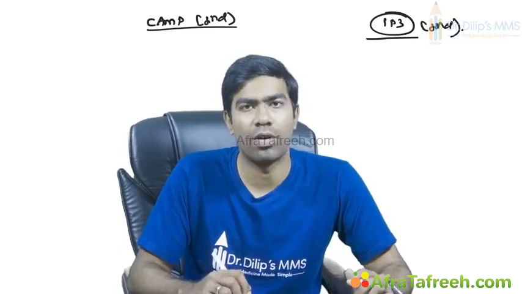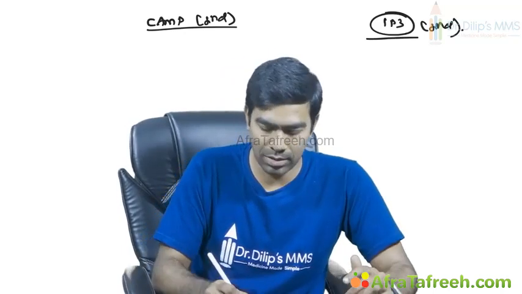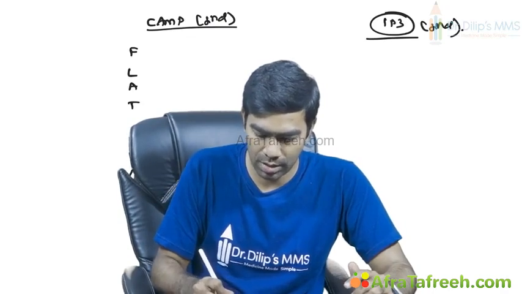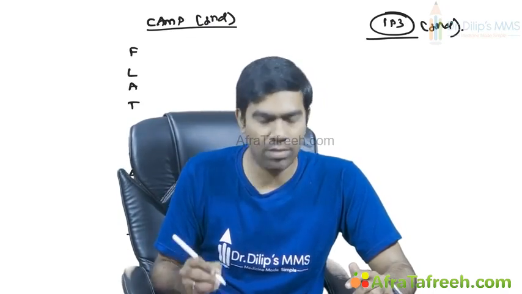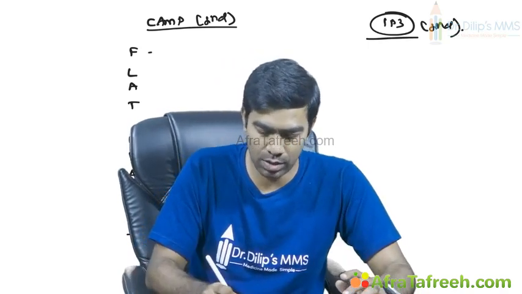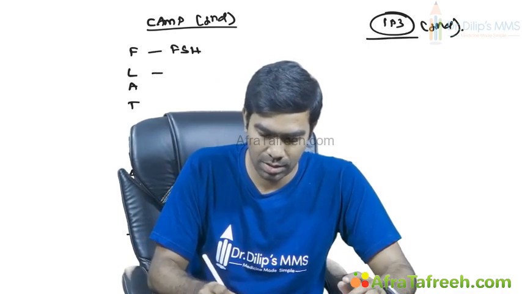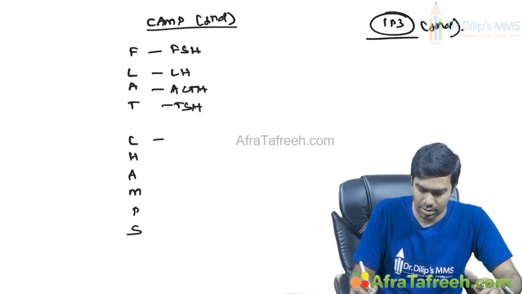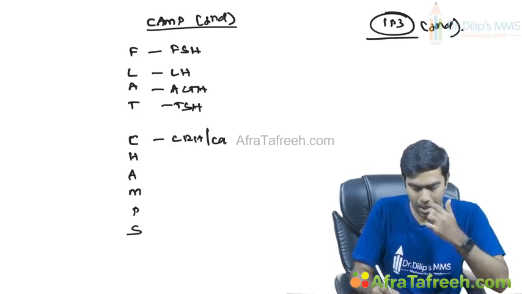The mnemonic for hormones that use cyclic AMP as second messenger is what we refer to as FLAT CHAMPS. This is a mnemonic. I'm not personally fond of mnemonics, but still, just for exam sake, I'm giving these mnemonics. What does F stand for? F stands for FSH, LH, ACTH, TSH, then C stands for CRH and calcitonin,